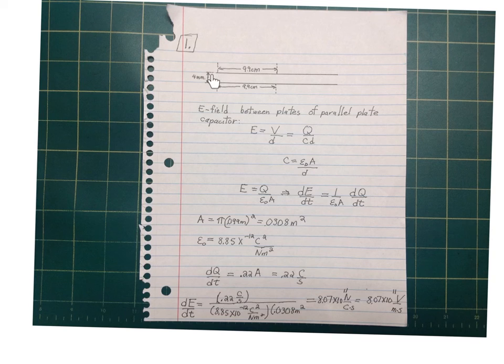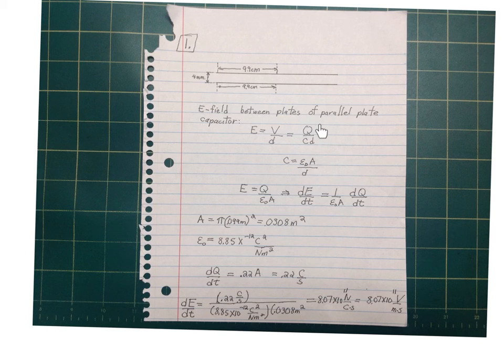I start the problem by sketching out a very crude model of this particular capacitor. I then immediately note that the electric field between a parallel plate capacitor is simply the voltage divided by the spacing between the plates. Of course, I can also re-express the voltage across this capacitor by the general equation for capacitance, which is